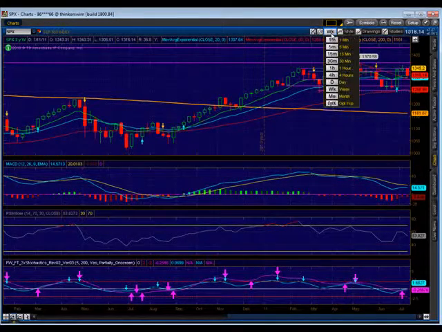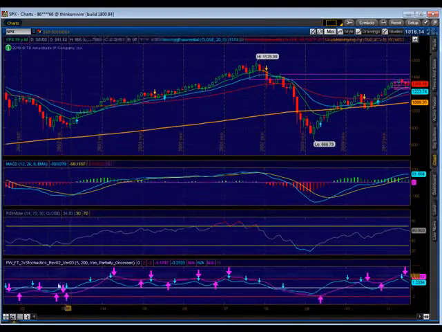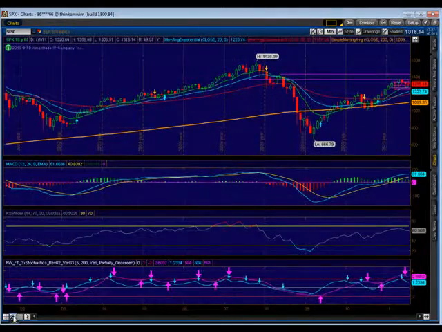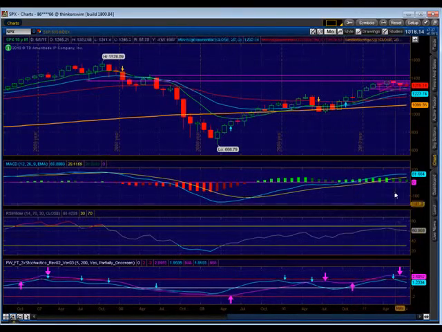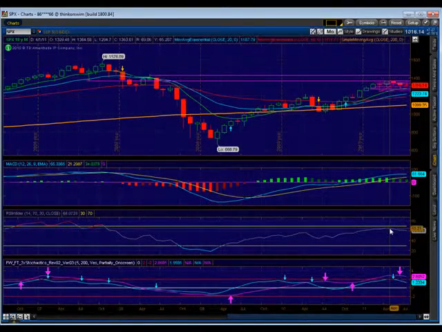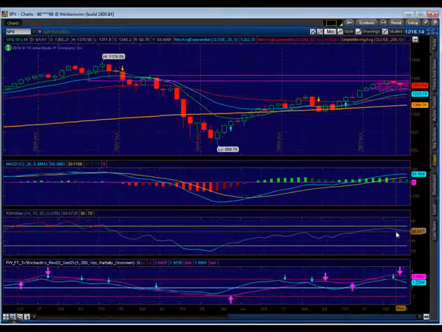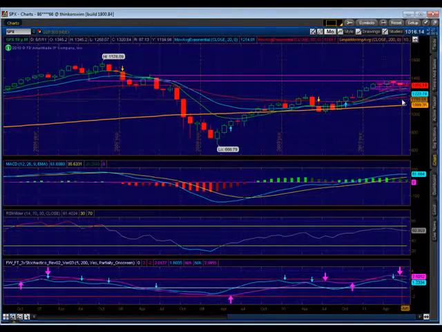We got the daily mixed, we got the weekly mixed, and now we'll go out to the monthly. And our monthly, I would still say, is saying short. MACD is getting ready to roll over. Stochastic has already rolled over. RSI is already rolled over. So our longer time frame is still bearish, still saying short, while our shorter time frames, the weekly and the daily, are giving us mixed signals.